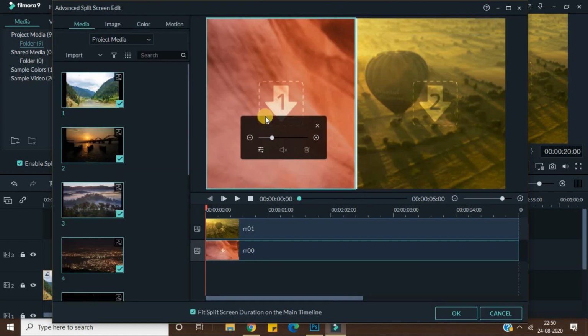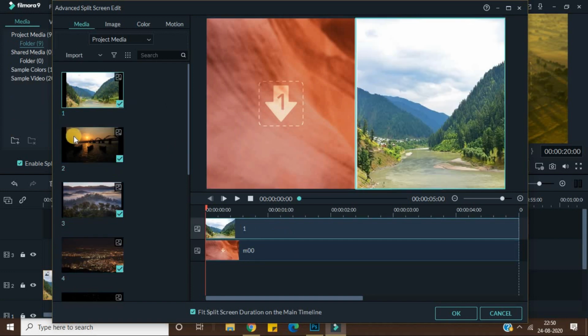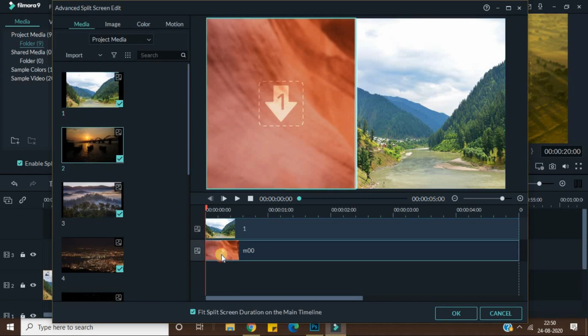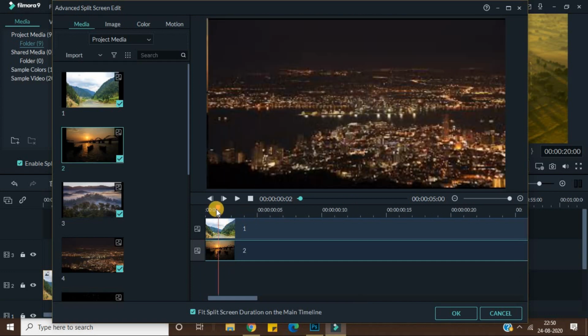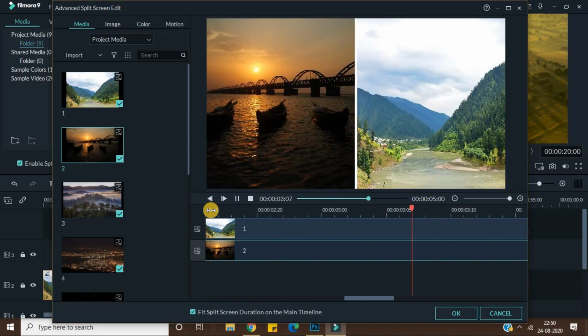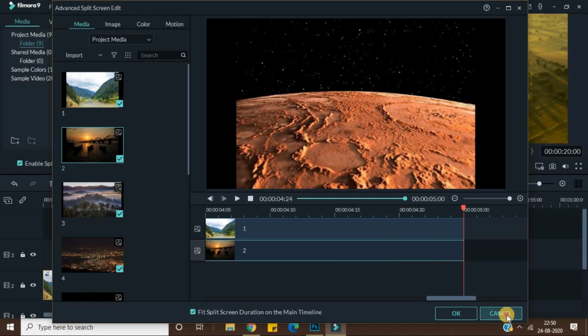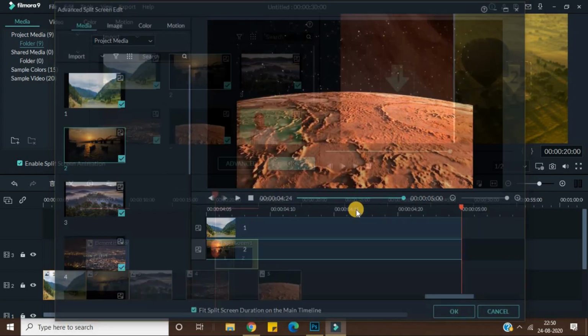and then you can go to the advanced settings of this, and in the advanced settings you can select that, okay, I want this image to be my first image. Then I can just bring it over here, and okay, so this is the second image, and if I want this to be first, I can just bring it over here. And yeah, this is how it looks. So these are some animations, and I don't want to save it, so no for now.